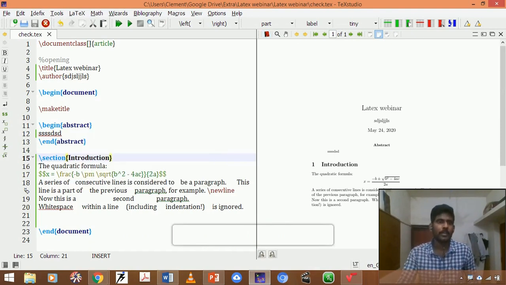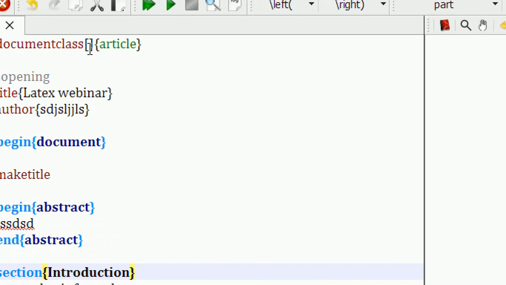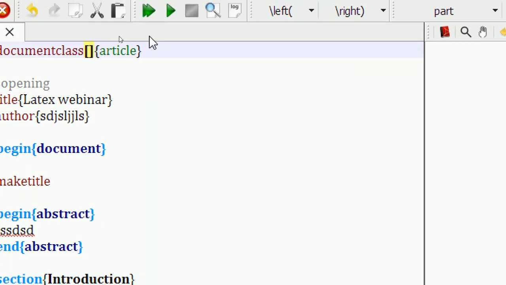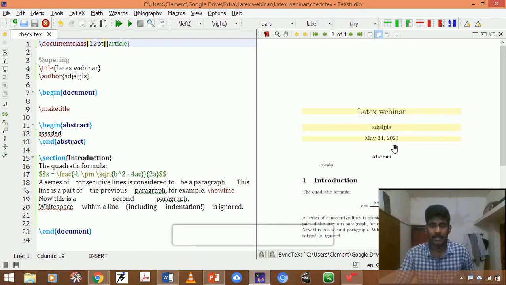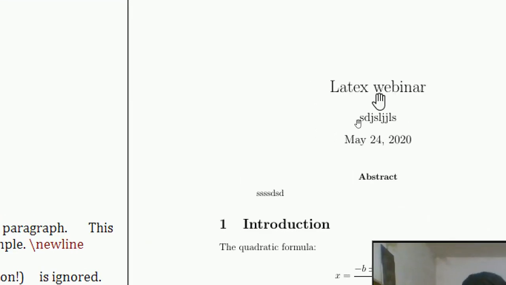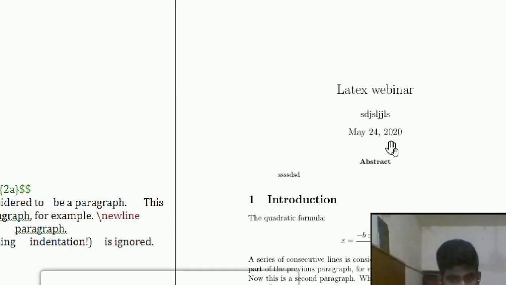If you want to extend the size of the article, you can simply give 12 point or 14 point, whatever point is required. After that, if you compile it, you can see the slight difference in the size of the font.